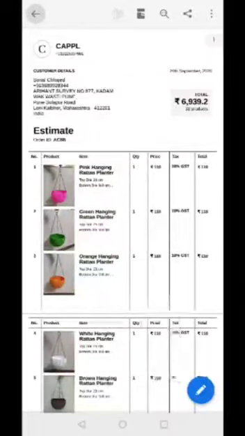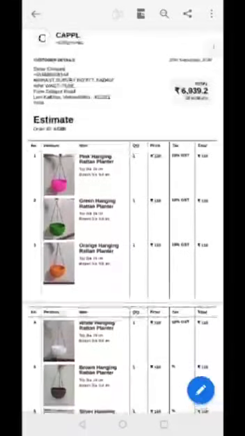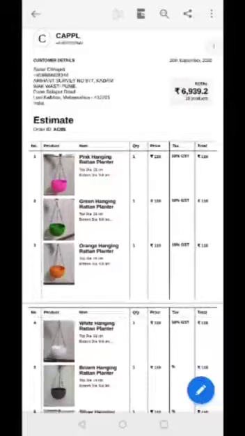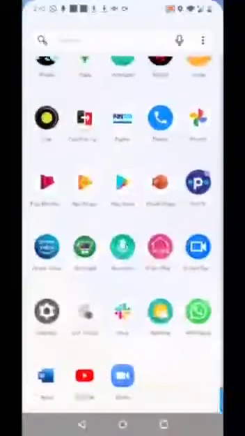These products that you currently see are listed at retail prices. We convert this into wholesale prices. We check the stock and then send you a final Excel quote. This is how the quote looks like.